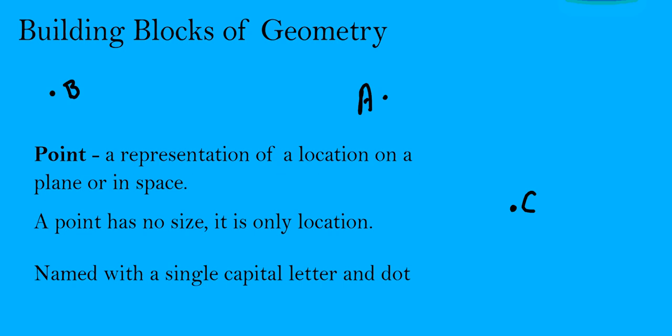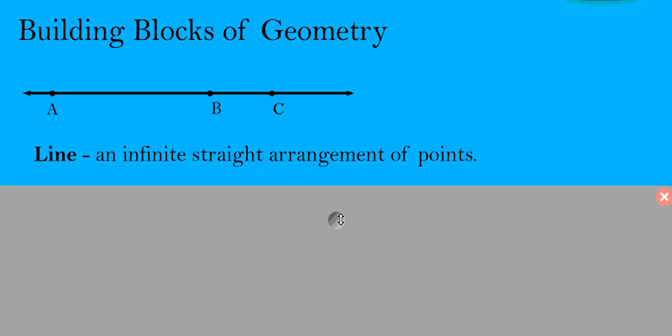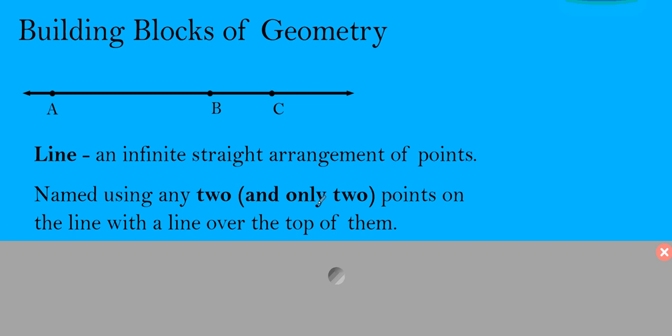Points aren't probably things we need to name all that often, but the following things are. If we take a whole bunch of points and arrange them in a straight line that extends forever and ever and ever, we would have a line, right? A line is an infinitely straight arrangement of points. Here we have a line that, obviously, we can't represent something that's infinite in length, but the fact that it's got arrows on both sides is enough to indicate that. When you name a line,